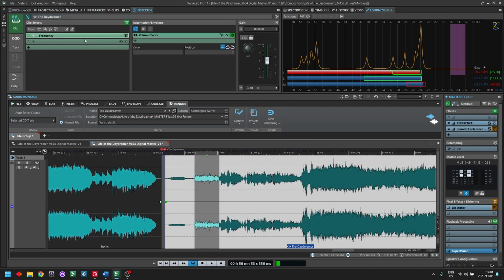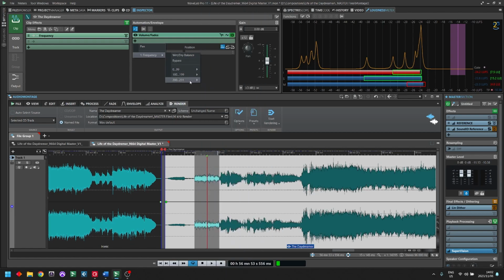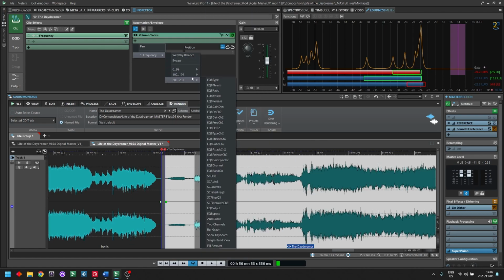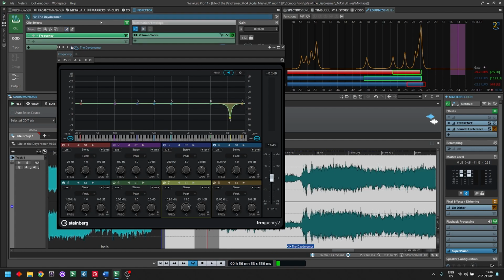If you look over here next to frequency, we have the automation envelope. And if you click here, it will give you the plugin, and then it gives you this crazy list of 231 different types of things you can do. And for me, that is crazy. I think in the next version of Wavelab, they need to figure out how to make this a lot easier, because it's just wild. So the easiest way to do automation is to go into the plugin itself,